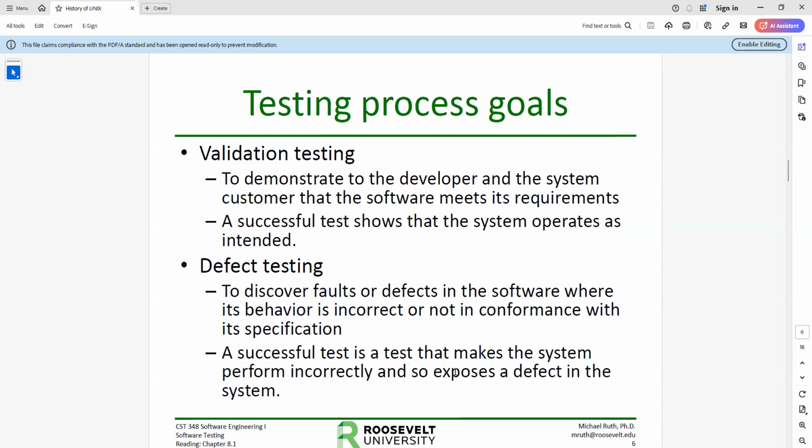We rarely have these being part of the same test suite. Okay. However, every now and again in the development life cycle, suppose Alice is doing validation testing and she finds a defect. The system doesn't perform as intended. Well, she might make a defect test to make sure that that defect does not appear in the future, right?